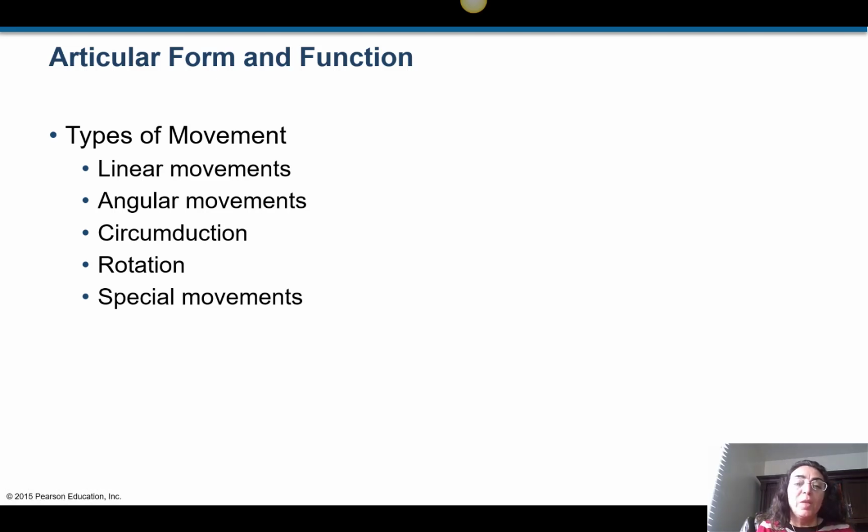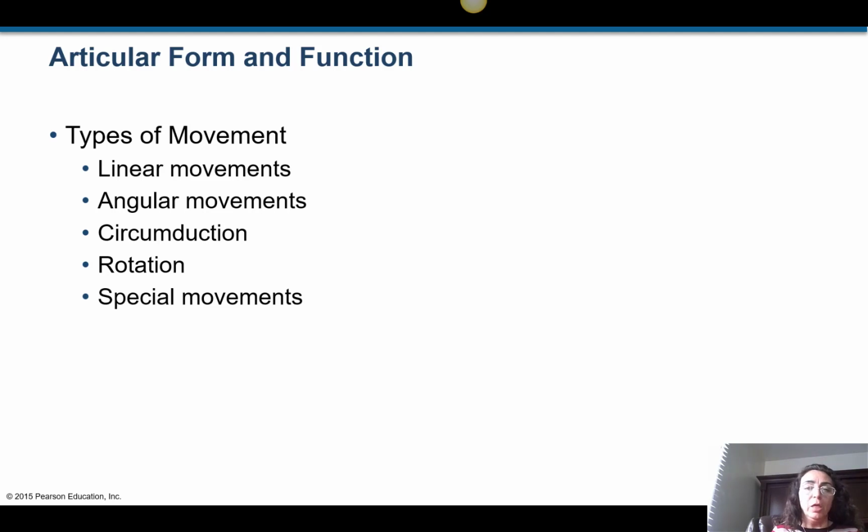Hello, everybody. This is the second part of chapter 8 regarding the articulations or joints. So far, we have talked about all the different types of joints structurally and functionally. Now, we're going to talk more about the movements, the types of movement, and how we name them. That's the whole purpose of knowing about the joints, and that's the way we examine them,